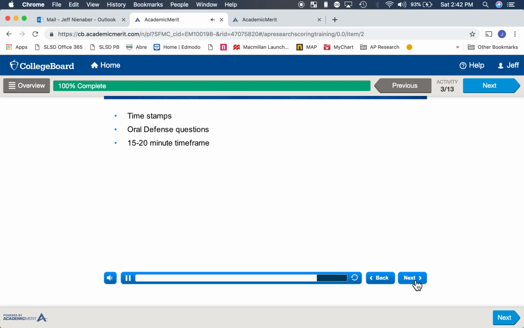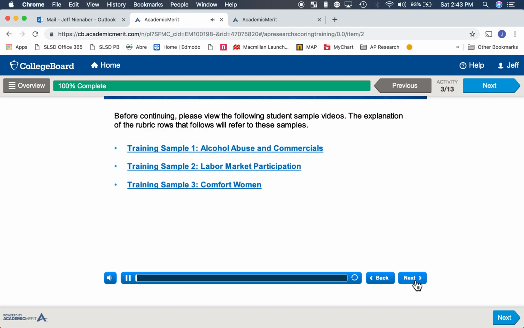As far as being fair, I would have a timekeeper in my room. I would let students know when there were 5 minutes remaining, and then I would tell them in advance that when the 20-minute mark had been reached, I'm going to ask them to finish their last sentence, and then the presentation or oral defense is over. This is a fair and equitable strategy. Just make sure students know what you will do before they prepare for this component of the AP Research Performance Assessment task. Now that we've reviewed the general structure of the rubric and some general rules in applying it,